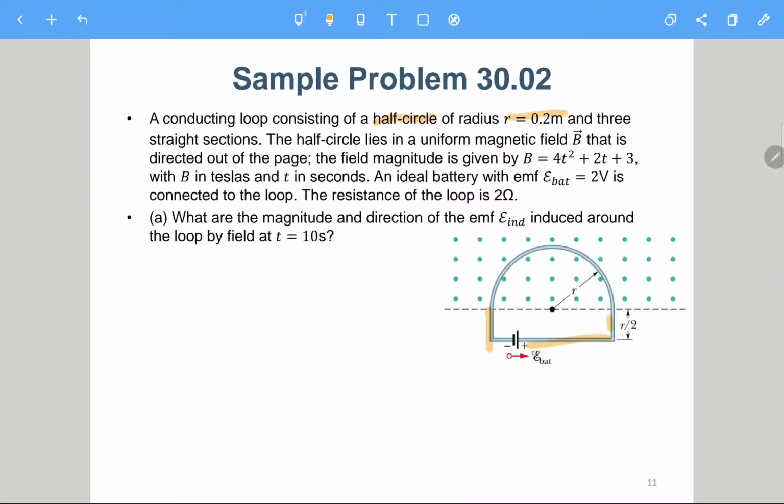So here first we try to consider the induced EMF by its magnitude. So we take the absolute value so that we can skip the direction first, skip the minus sign first. So it is like d/dt of B times A,